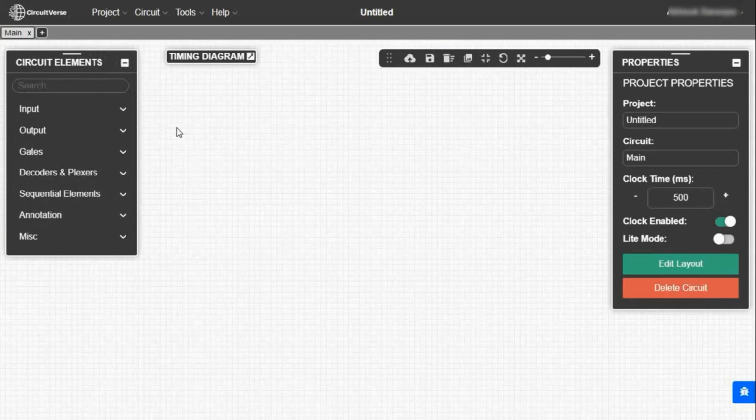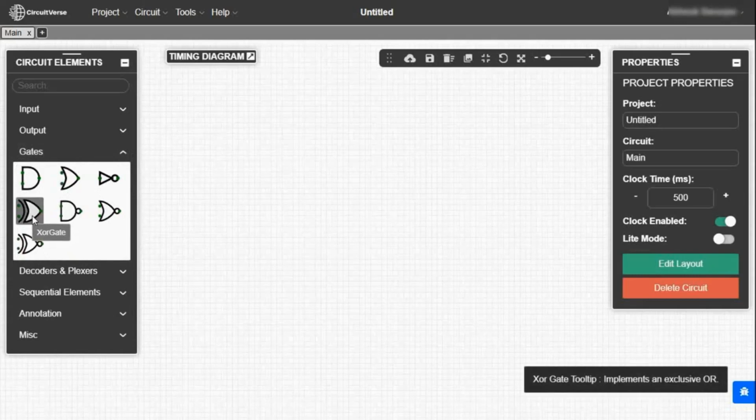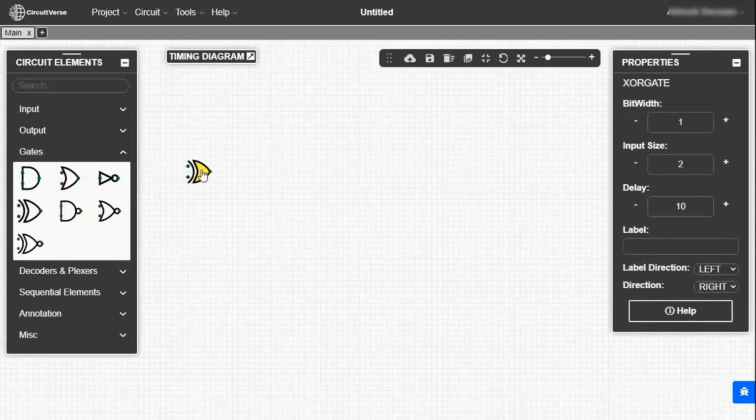Here, we will verify the truth table of XOR gate. So, we have to take XOR gate. For taking any gate, you have to click on Gates. Then, you have to select the required gate. Here, we need XOR gate. So, this is the symbol of XOR gate. We have to select this one by clicking on it. Then, we have to place it at any place by clicking once again. Now, this is placed. This is a 2 input XOR gate.